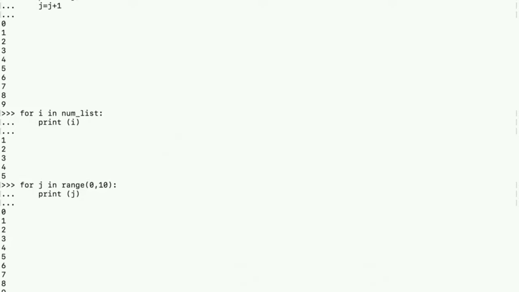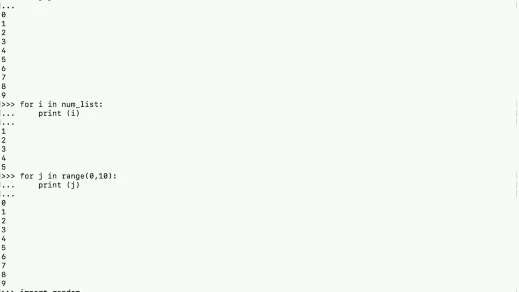Now let us see how we can generate random numbers in Python. We need to import random. Now we can say something like random.randint, where we can mention the range of numbers that we want our random number to be in.